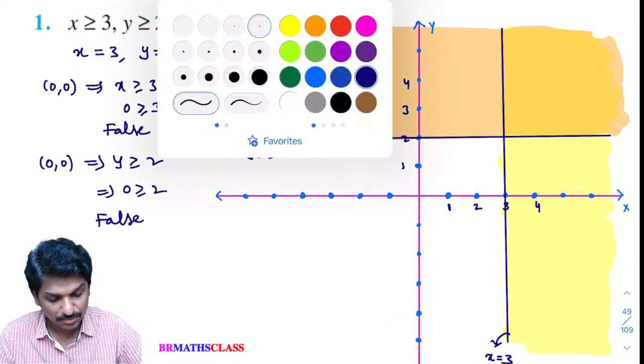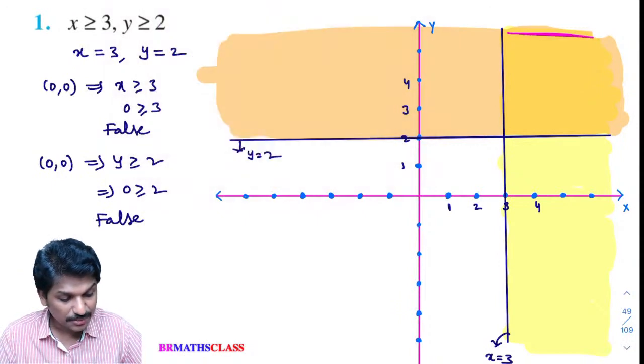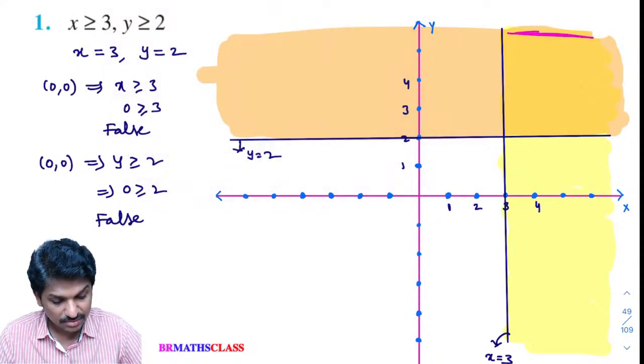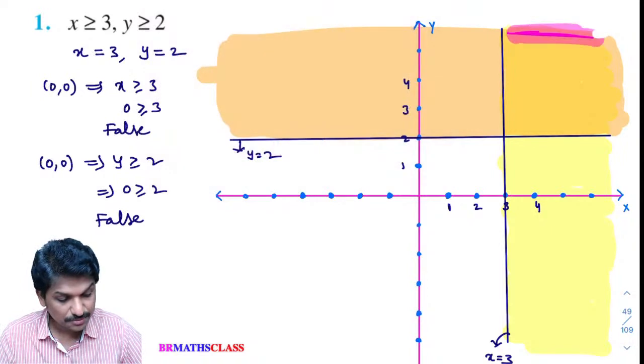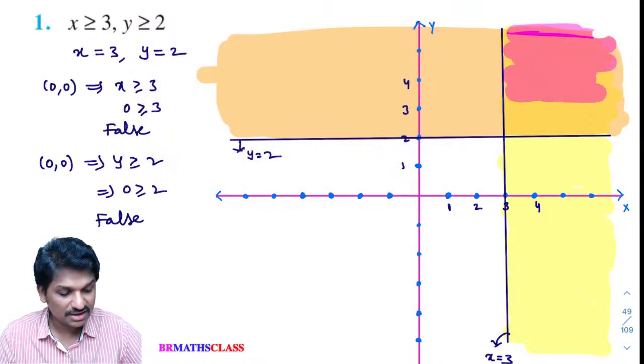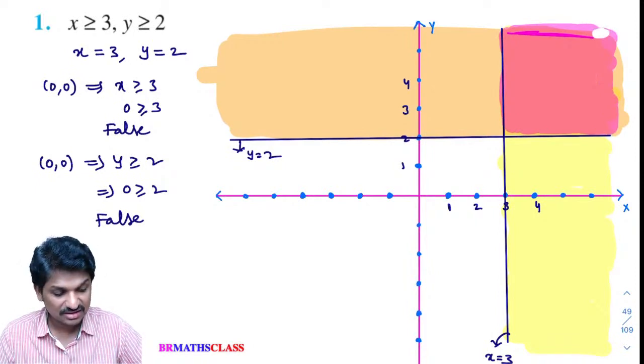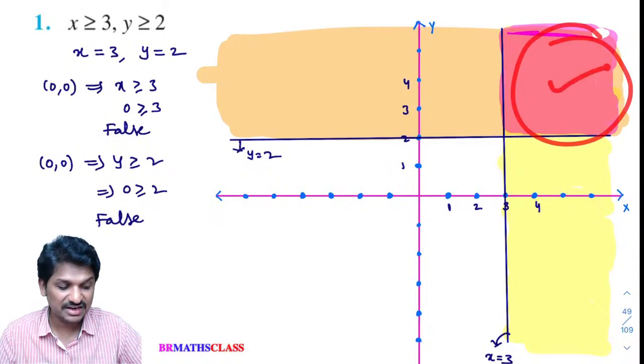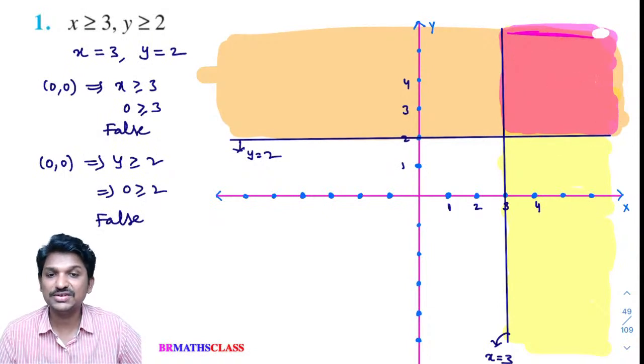What will you do after completion of the problem? Which part is the solution? You highlight that part. By seeing the graph, the person must immediately say, yes, this is the highlighted part. That means this is the required solution. Like that, they need to understand. That's it. The solution for this problem is over.